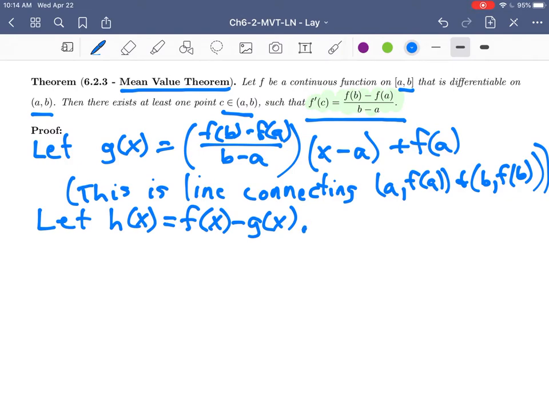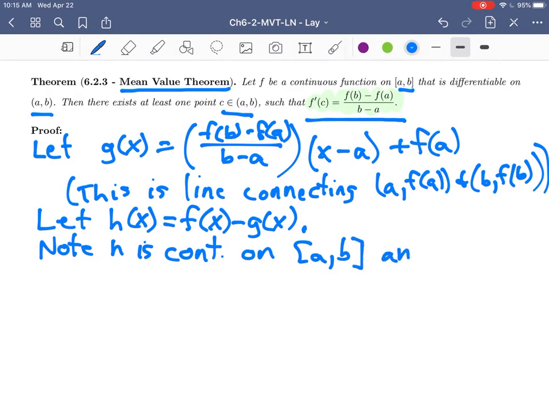We can make the observation or the note that h is continuous on the closed interval from a to b, and it's differentiable on the open interval from a to b. What else do we know? We can also observe that